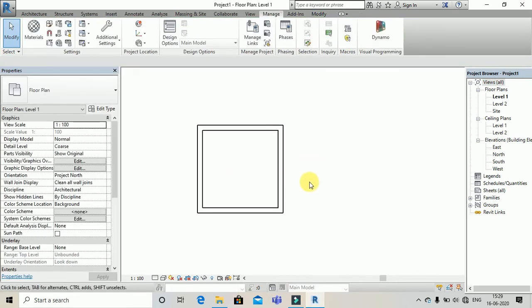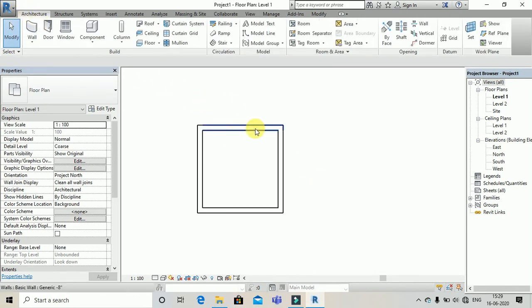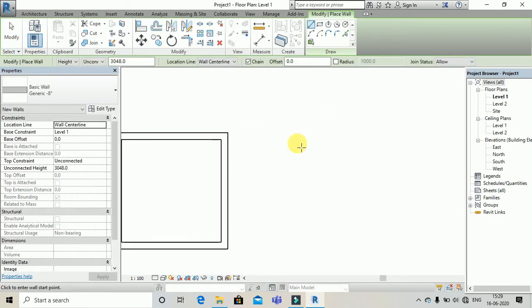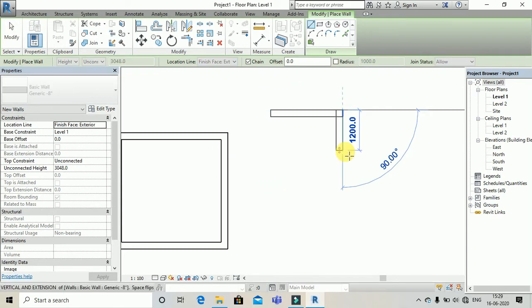So now let's move and see how to fit doors and windows. Click on architecture. We can also make walls. Here you can change the location line also.